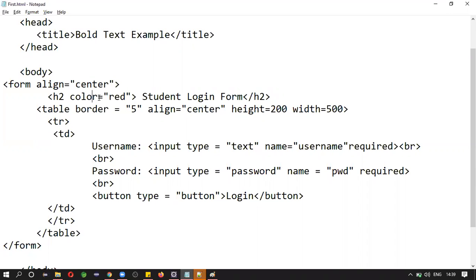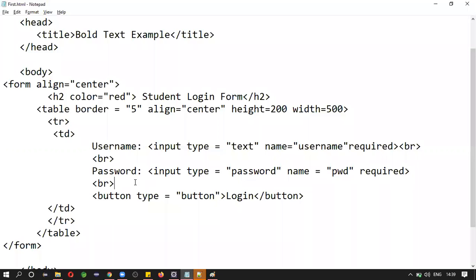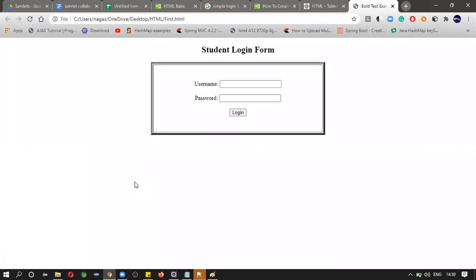Okay, let it be. We are not interested in designing the page, it is just beautiful effects as of now. Our simple login form is created, right?